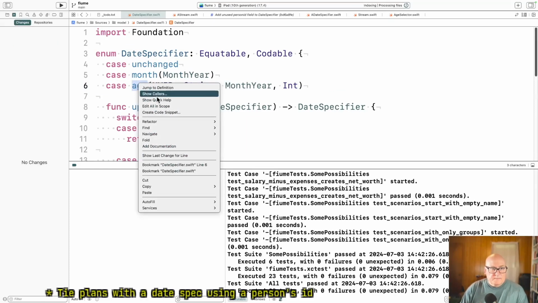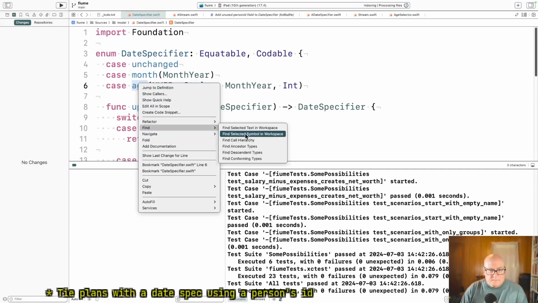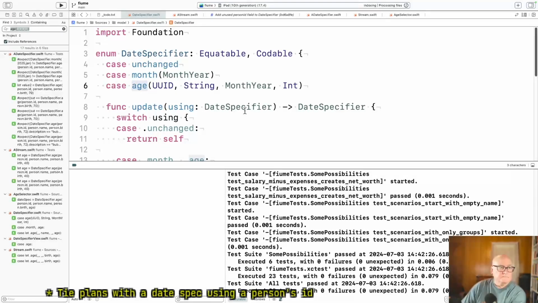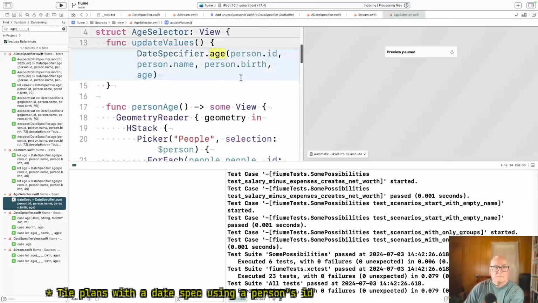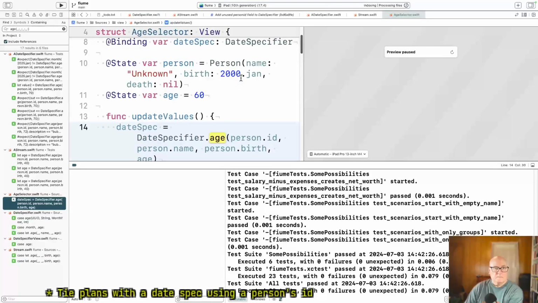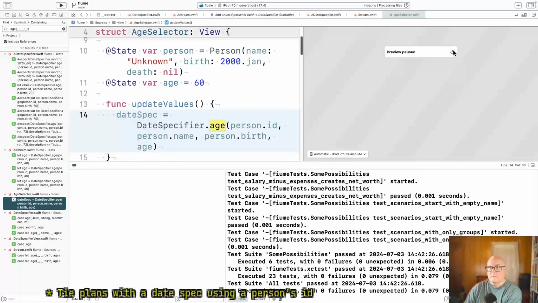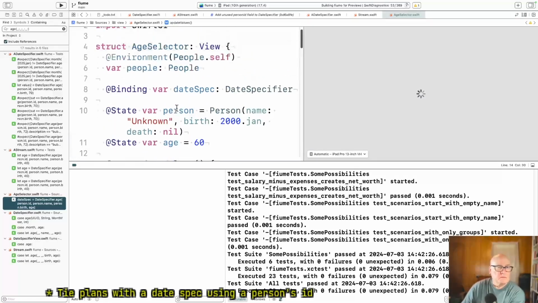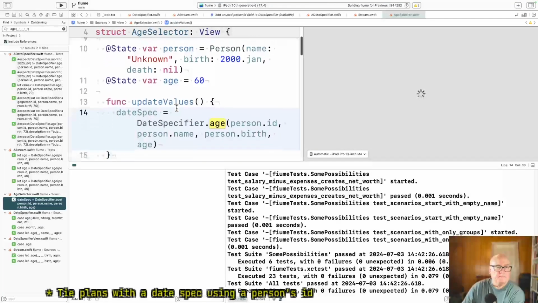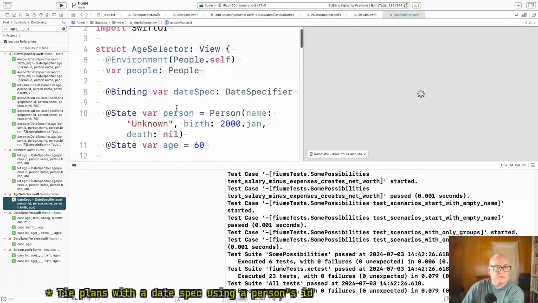No. See if we're going to suffer for 10 minutes of indexing and building. Now that's the real view.